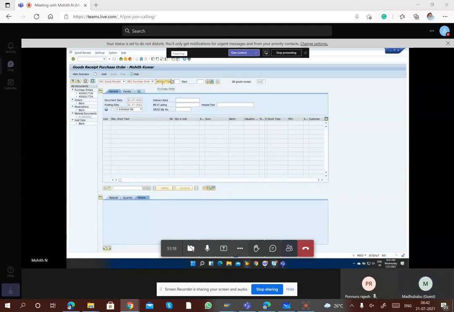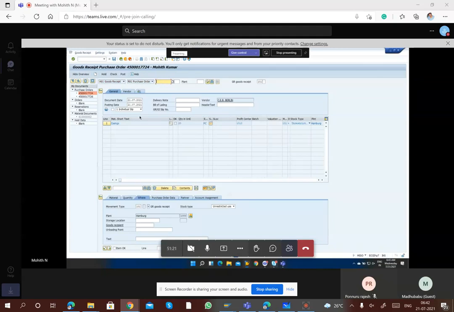So now, once I press enter, it has to pull all the details from the PO. So we ordered 20 quantity on the PO. As said yesterday, let us take an example saying that we are taking only 12 as of now, and the remaining we may get or we may not get, or the vendor is planning for some other day, or we may not require, and we convert this to the vendor saying that okay, you send only 12, and I want only that. And go to the Where tab and see if everything is there.